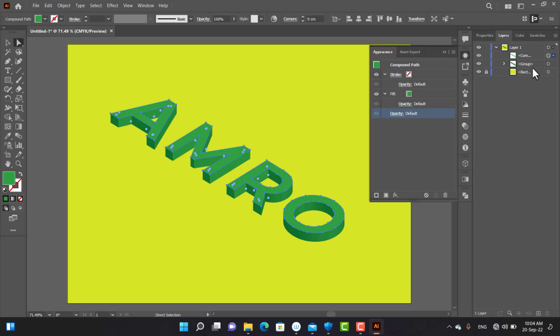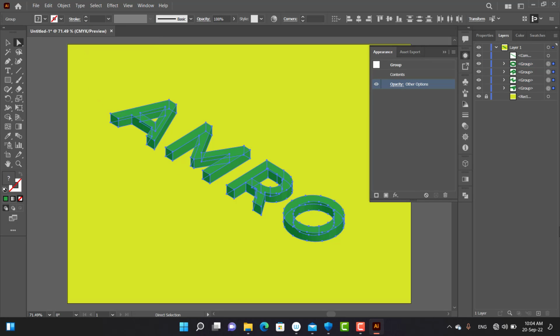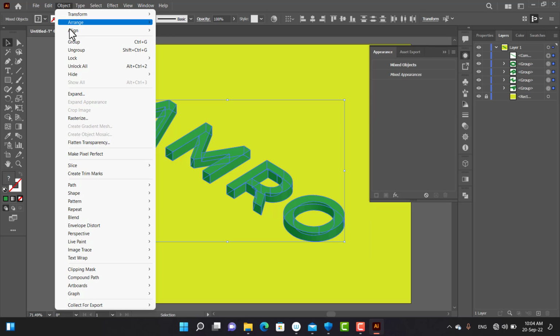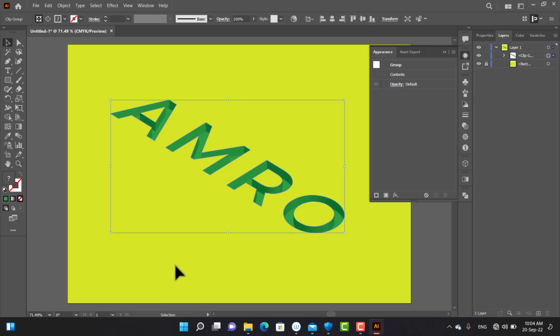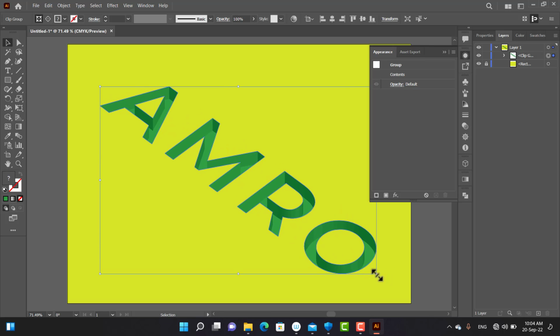Go to layers panel again. First group you have done, choose it, then go to object and group it, then go to selection tool and reselect all together. Then move to object, clipping mask, then make. Now you succeeded to make deep illusion